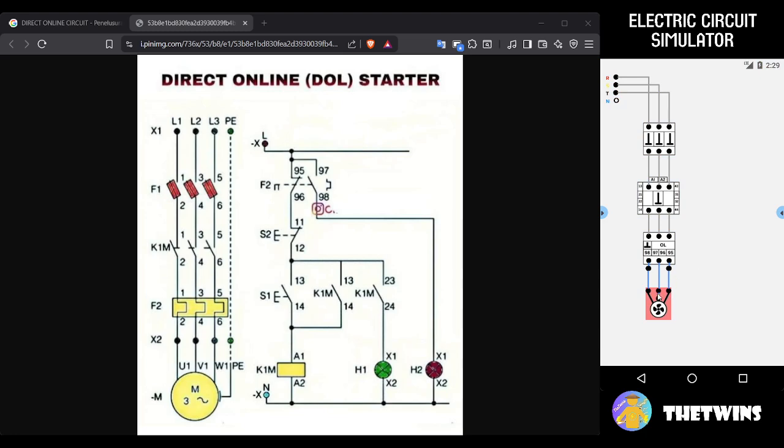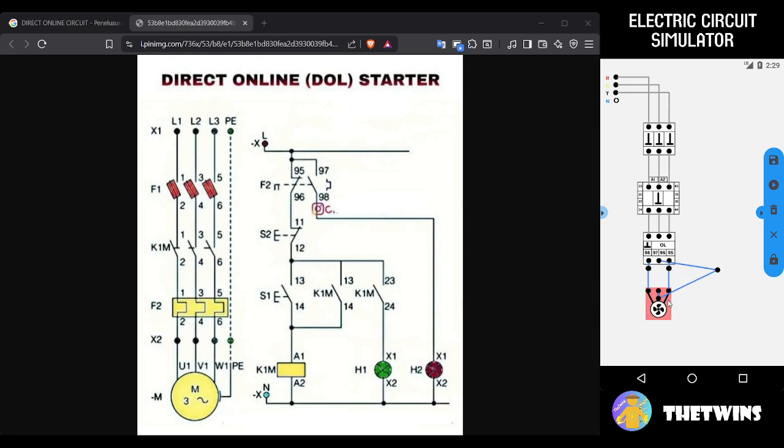If you want to avoid this, you can lock the component position in this menu. Select component, lock; select component and lock; select component and then lock, so you can avoid accidentally moving the component like this.